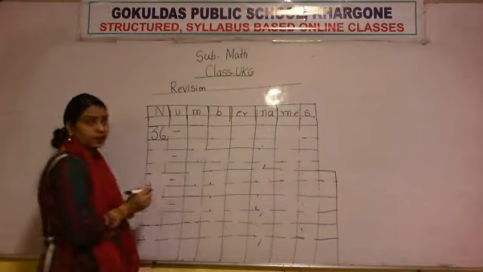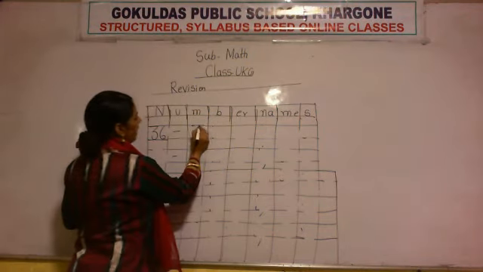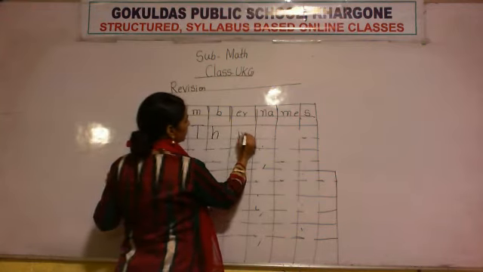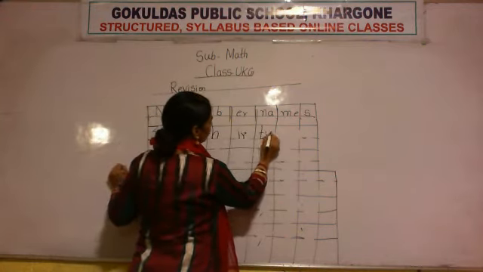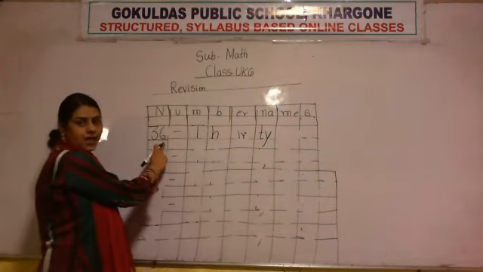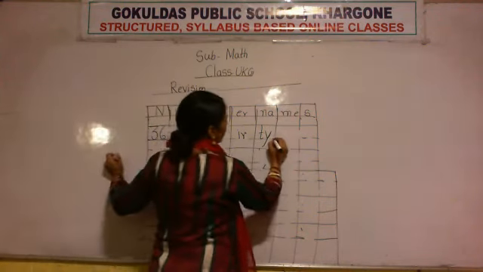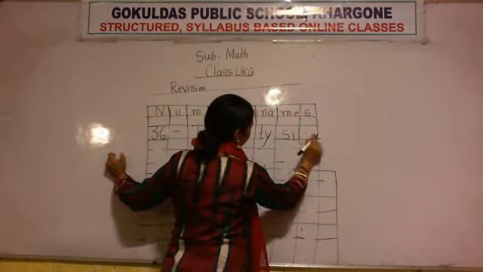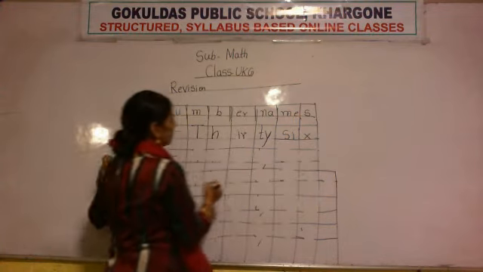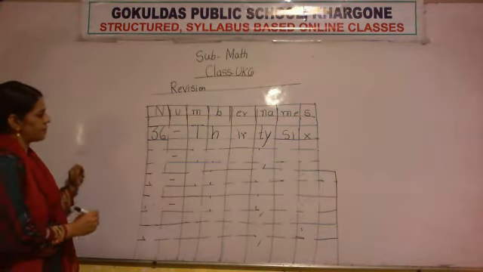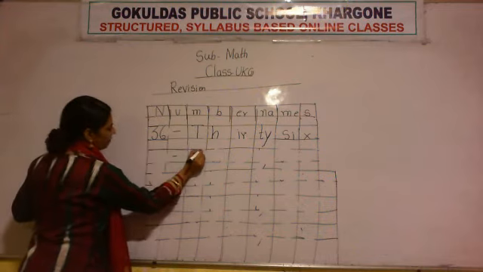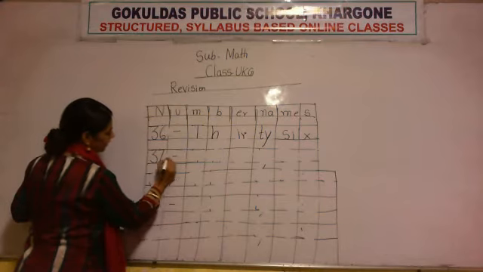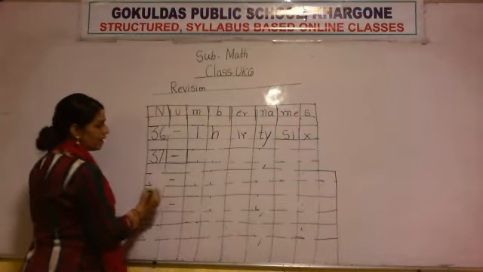So what is the spelling of 30? Now repeat after me. THIRTY 30. And what is written here? 6. So spelling of 6 is SIX 6. SIX 6. Okay, spelling of 36. After that, give once again one column gap and then write the spelling of 37. Okay. So what is the spelling of 30?